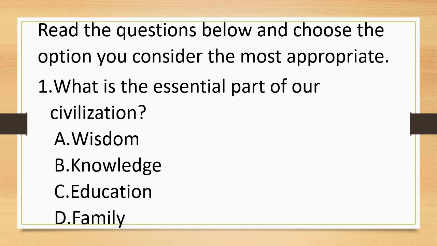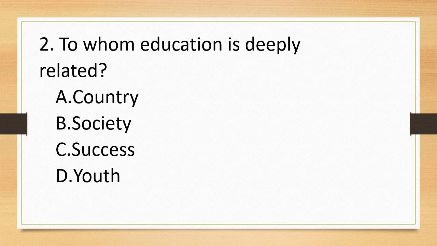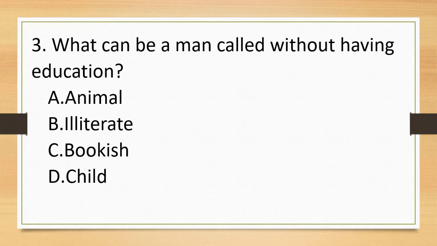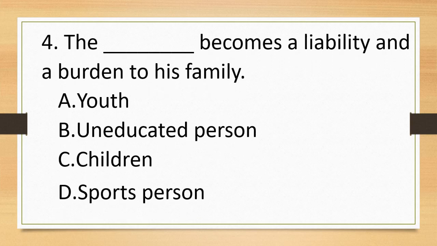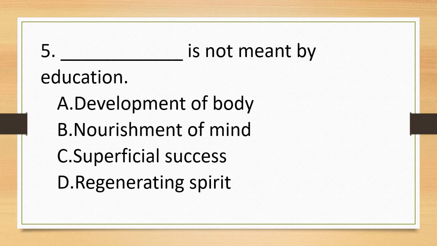Now these are the questions. Question number 1. You need to write option and its answer also. Option and then answer. Answer number 1, option this and its answer this. Similarly in question number 2, write option and its answer. Do the same in all the questions. This is third, fourth, fifth,